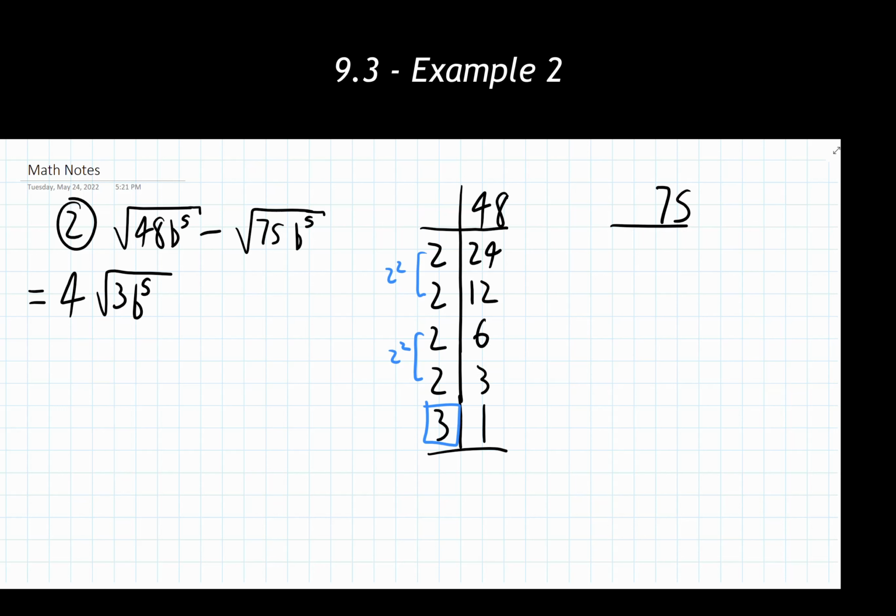So again, making that table. And there's a lot of different methods that you can use to find this prime factorization of a number. This is just one of them that I really like to use. You're welcome to use a different one if you would like. Okay, so we didn't need that much of the line there. Let's erase a little bit of that.